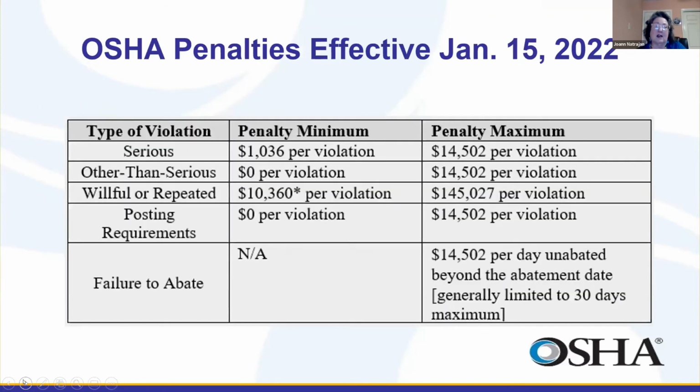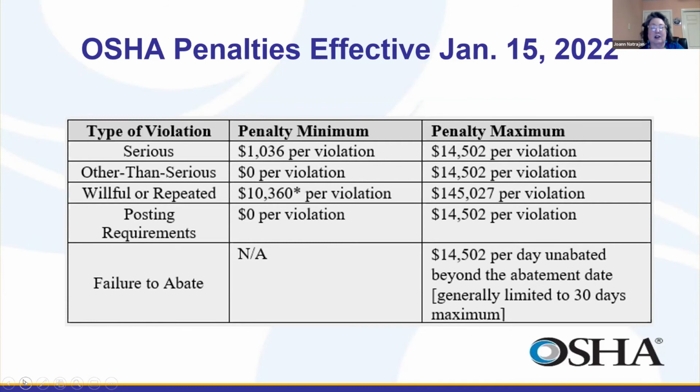Okay. OSHA penalties. Our penalties have gone up. They go up every year in January. And I don't even want to guess what they're going to go up next January, considering how bad the inflation's been this year. But this is the current list of penalties. And just realize these are the base fines. From the base fine, we make adjustments for size, history, and good faith. So if you're a small employer,